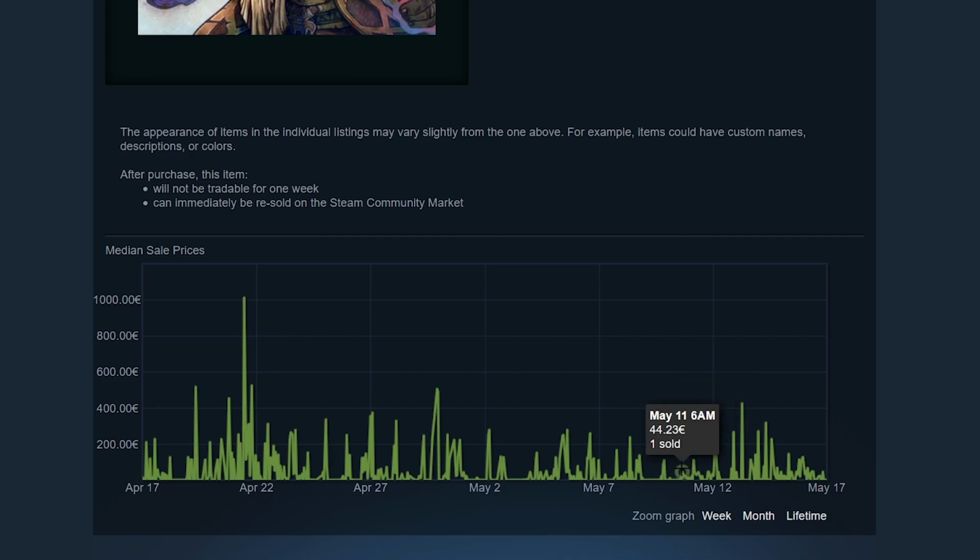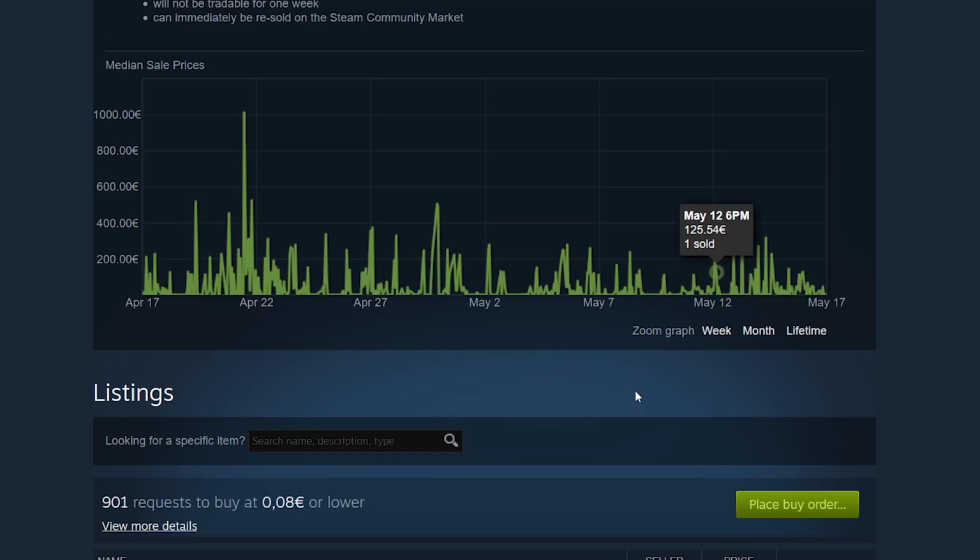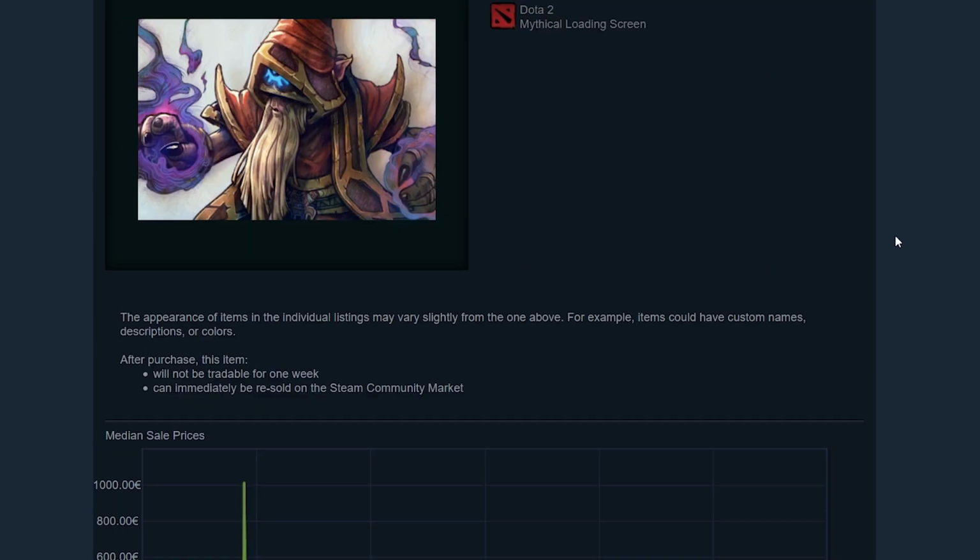There are a lot of people with a lot of money on Steam. So if they want to get the money fast from one account to another, they just buy this item for 14 cents on their main account, and then from the secondary account they buy that item for a lot of money. So all that money goes to their main account. Well, minus 15%, which goes to Steam, but I guess they're willing to pay that 15% in order to transfer money between accounts. This could be used for a lot of reasons. I can think of money laundering as one of the reasons, but who even knows?